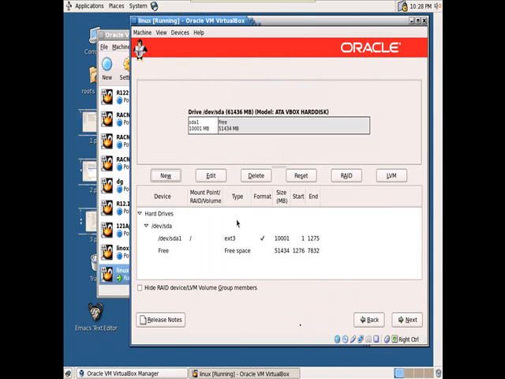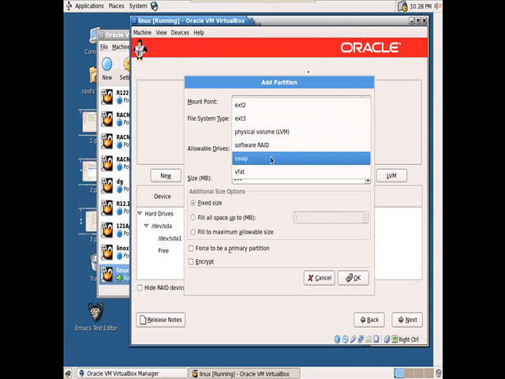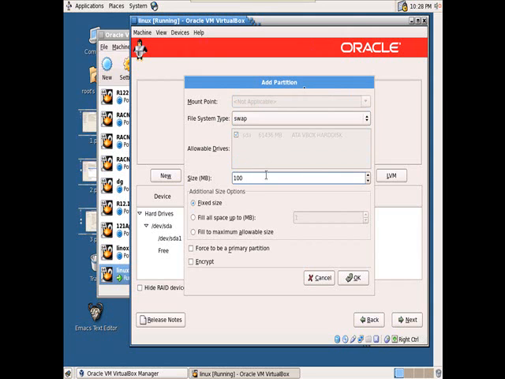Next. Now I want to perform one more partitioning. See, I want to specify swap. What is swap? Swap acts as virtual memory. That means when our actual RAM is filled with data, then the next data which is going to be processed is stored in swap. So swap acts as a placeholder to improve the performance. So I am specifying swap here. Size I am mentioning approximately double the size of the RAM.